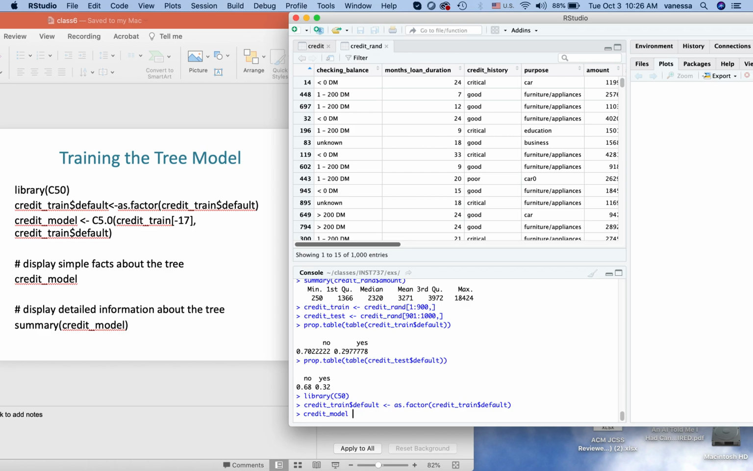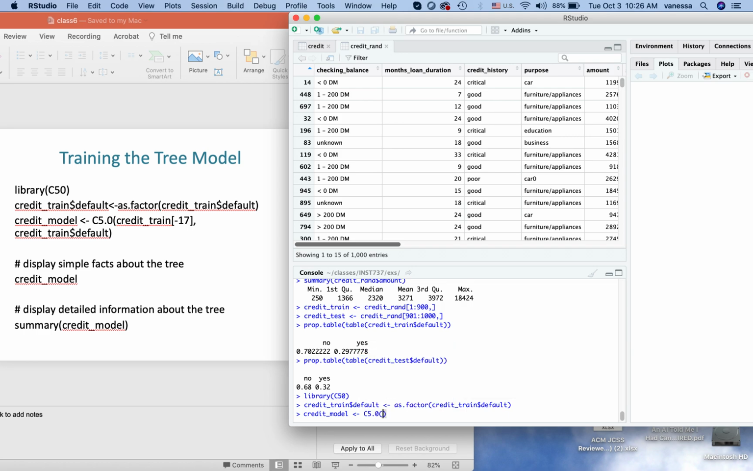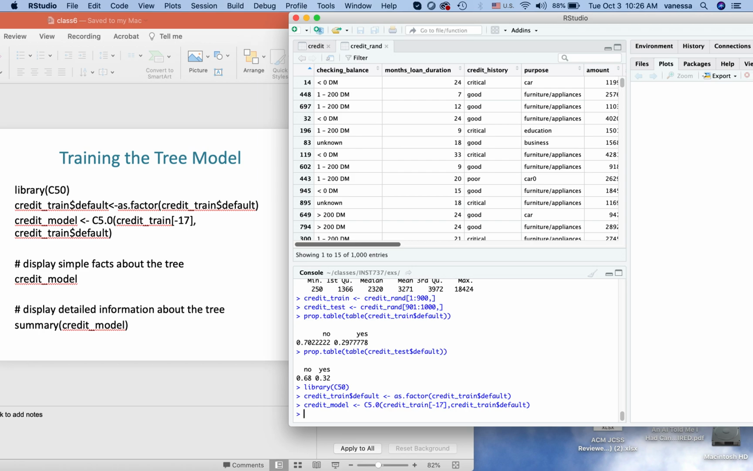How do we train this model? The way we use C5.0, which is in reality the 5.0 decision tree that we saw in theory, is that you call C5.0. Now you input the training data set, except for column 17, okay, which is the column that we want to predict. And then the value that we are trying to predict is whether someone has defaulted or not, okay? So if we take a look at the model,